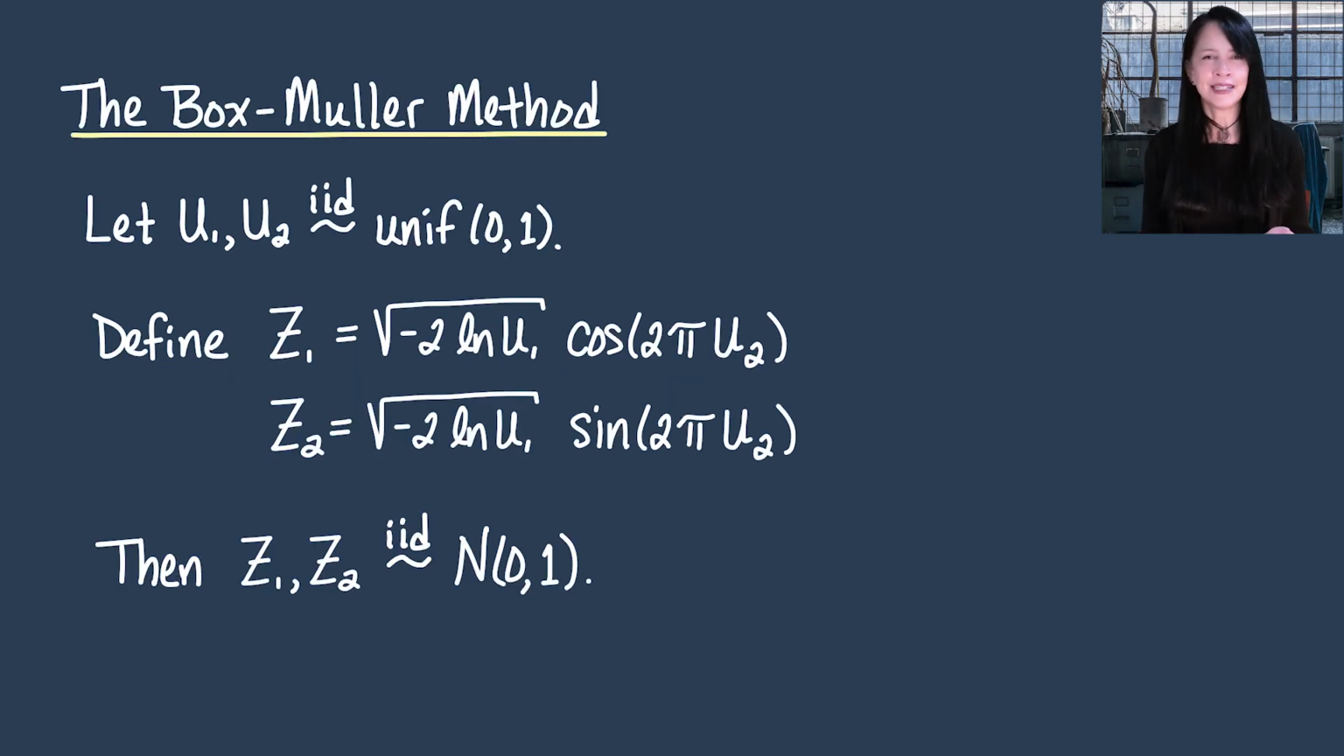And so this is like Z1 is a function G1 of U1 and U2. Z2 is a function G2 of U1 and U2. Now, this is another place where you might want to exit the video. You now know how to show that the Z1 and Z2 from the Box-Muller transformation are independent standard normal random